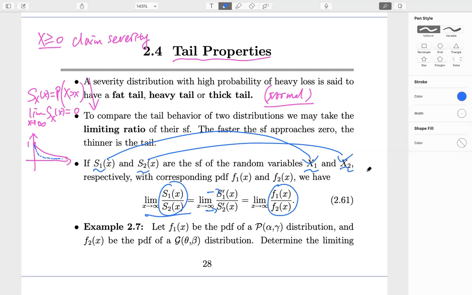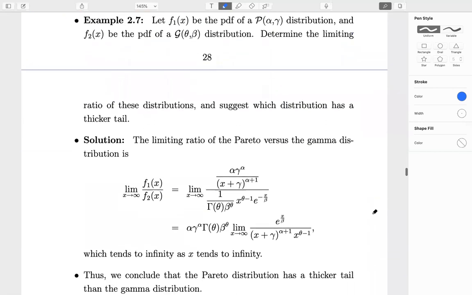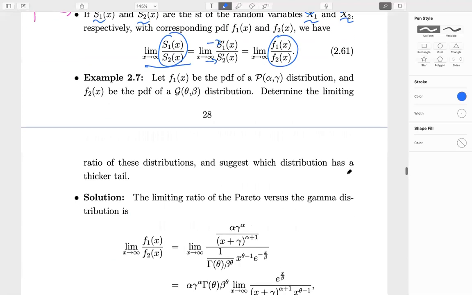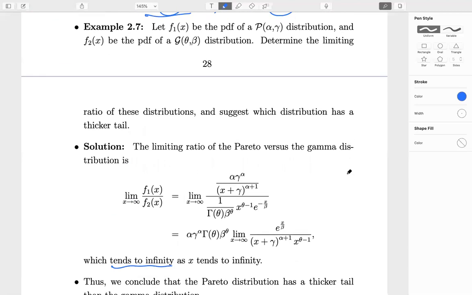Here we have a quick example between the Pareto and gamma distributions. When we work this out, we get something quite complicated, so I will not study this. If you are interested, you can take a look. I only mention the result. When x goes to infinity, their ratio also goes to infinity. What it means is X1, which is Pareto,